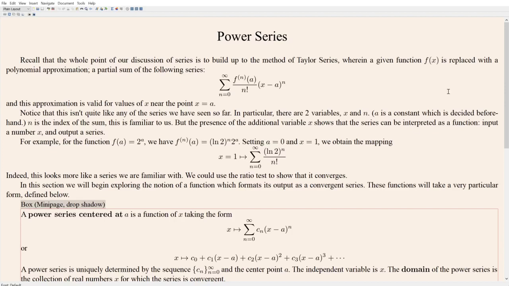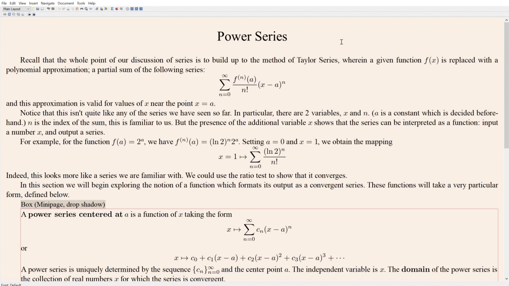Okay, so now that we have thoroughly discussed a whole bunch of tests for convergence of a series, now we're actually going to start getting into applications of the series. So recall, as I mentioned a while ago in the section on sequences, the whole point of doing this discussion in the first place is to be able to talk about Taylor series. Taylor series being one of the most ubiquitous mathematical techniques in science, and certainly the most important thing to learn